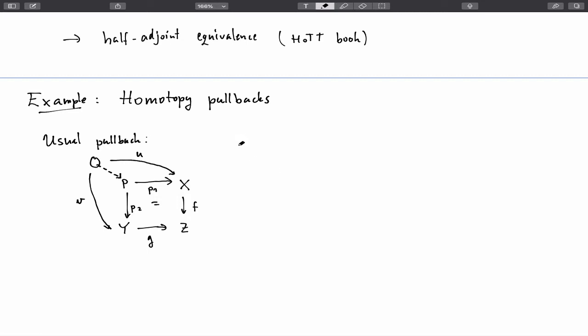So what is the form? It says we have P, P1, P2, and let's get used to these things. Let's start giving names to this. The fact that this commutes, let's call this alpha. Okay, so we have alpha. So it's a configuration like this, such that for all such configurations,